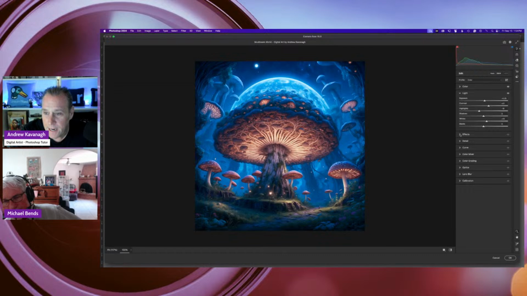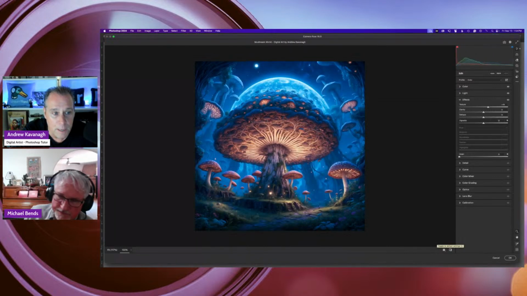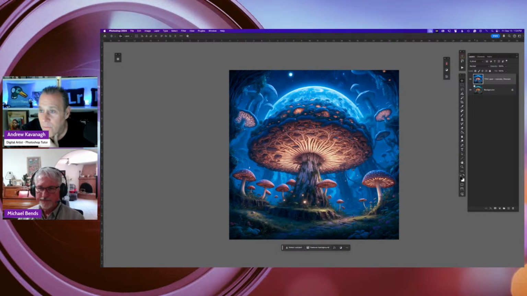And then speaking of details, I'll go down to effects, where I'll move the texture slider to the right about 21 or 18. And that just brings out the sharpness of the details. So once again, that's before, very yellow, and some of the areas are not really popping, being showcased. And then once you do that, you can see the edges of the mushrooms up top a little bit better. And then I hit OK. And then I have my before and after.